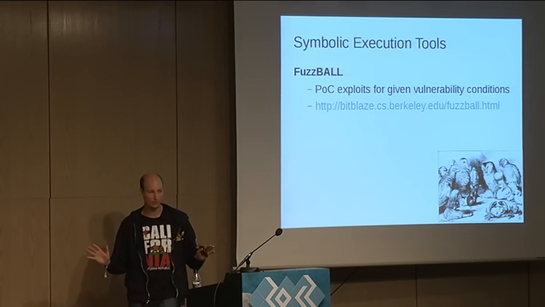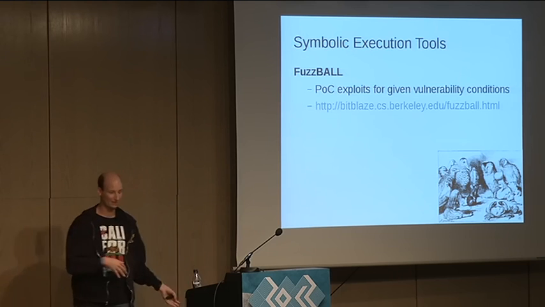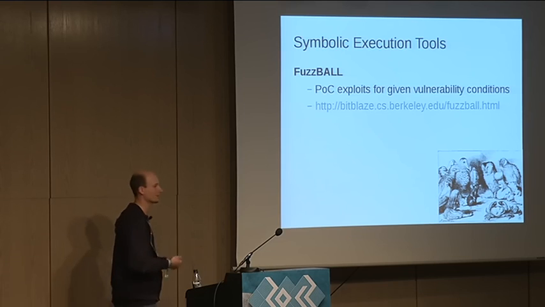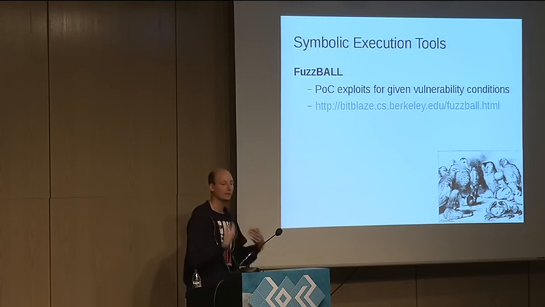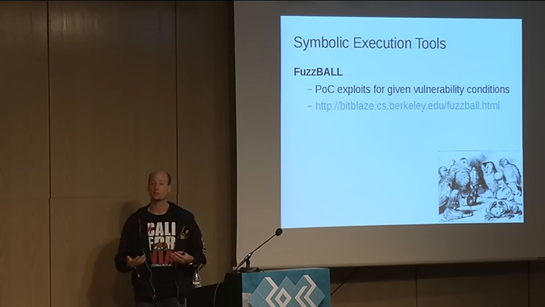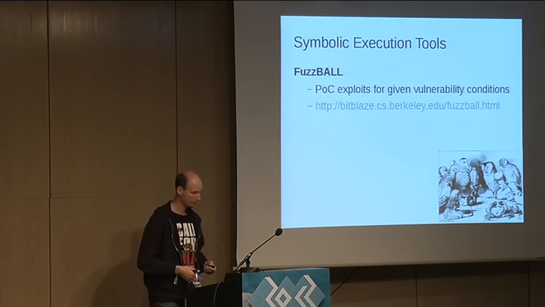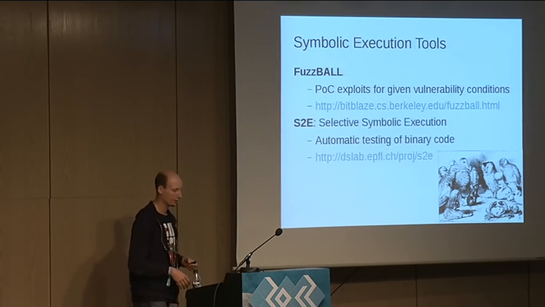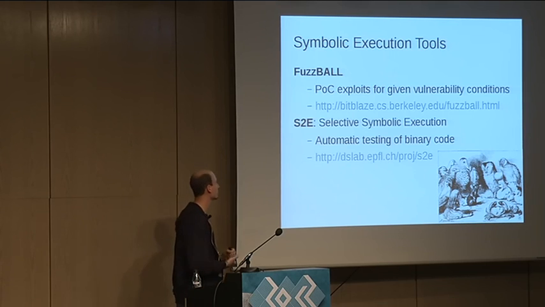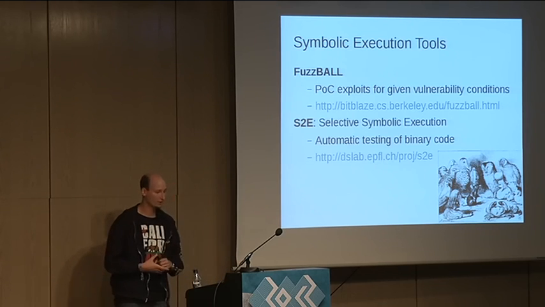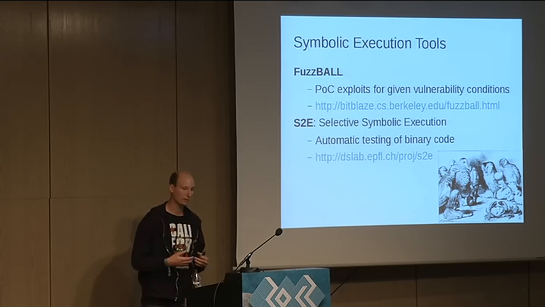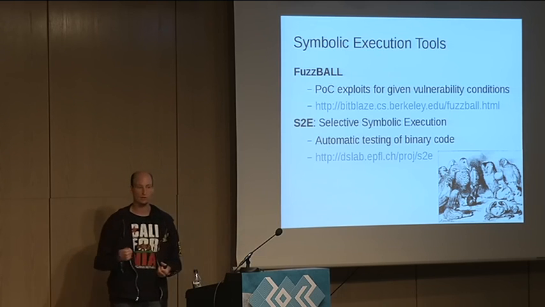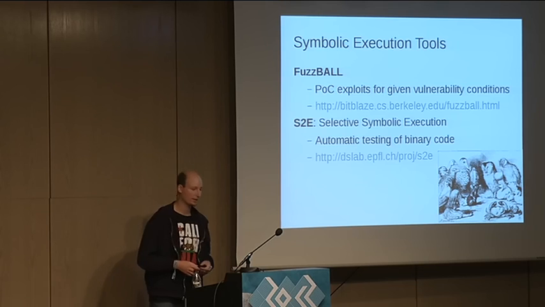A proof of concept exploit is not an exploit that you can shoot out and execute your code right away, but it just triggers a condition. Maybe it overwrites the EIP and redirects it to somewhere else, and you can then use this one to bootstrap it further on. All these tools are open source, of course, and you can download them and play around and do your own stuff. S2E, another awesome tool developed at EPFL in Switzerland, offers you selective symbolic execution on a large-scale system. And you can trigger these symbolic values along the execution of larger applications and systems.